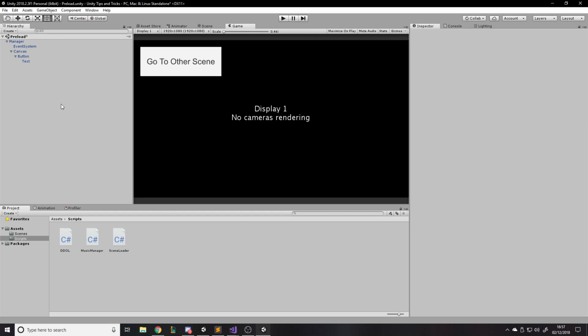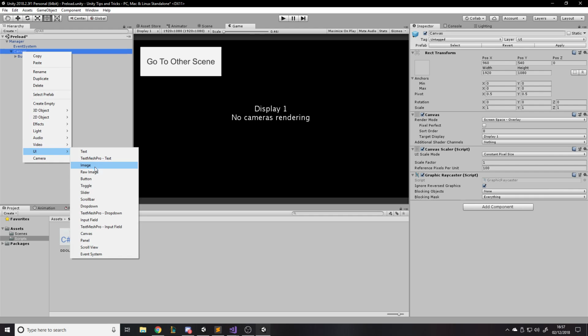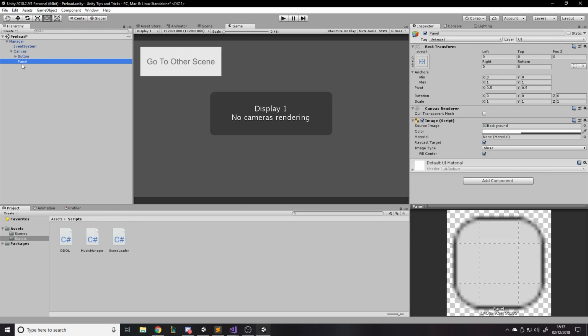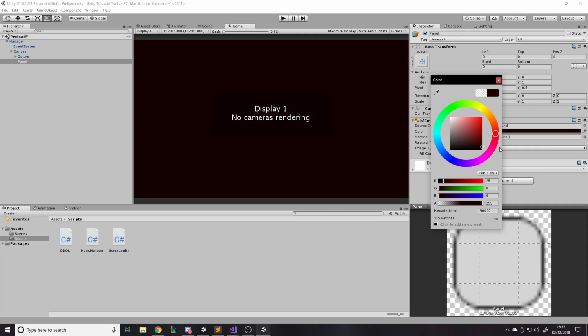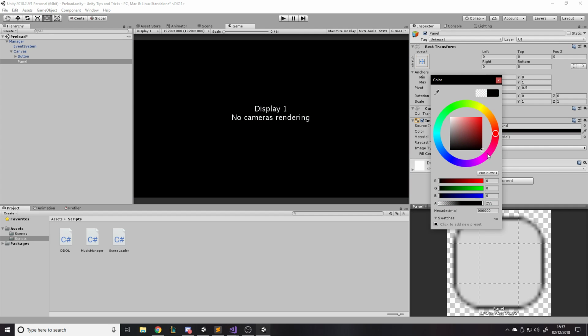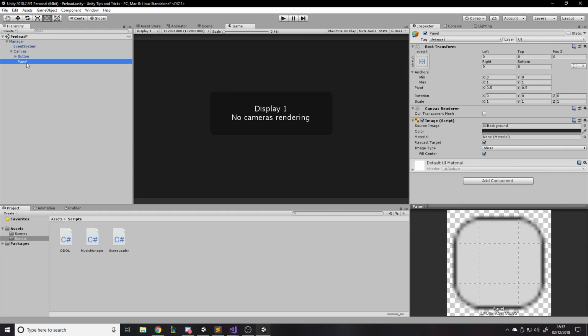Okay, so if we go to the canvas, we've got that button. Now on the canvas, we'll also add a panel which is over it. Put this panel below. Well, it's below it, but it renders on top. So if we just set that completely opaque, maybe you want like a gray. This can be the loading screen